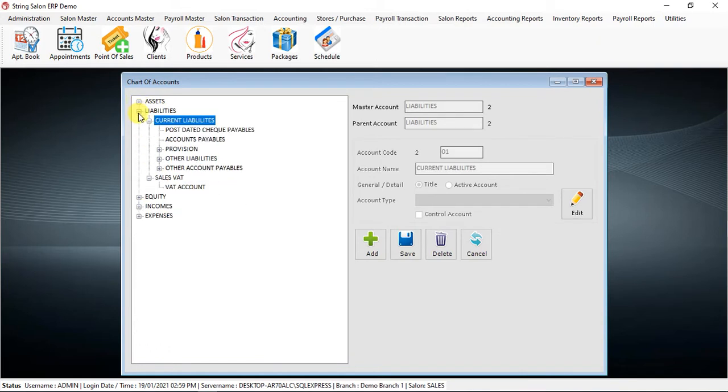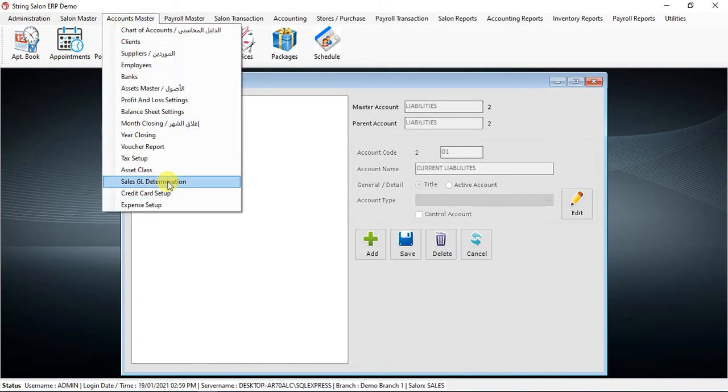Suppose you have a cash account and you need to split it into two cash accounts, or you need to add more expenses. In that way you can use this chart of accounts to create accounts, and this can be used in the setups. You can see credit card setup, sales determination, asset classes, and all these things. You will actually link the account details with the other